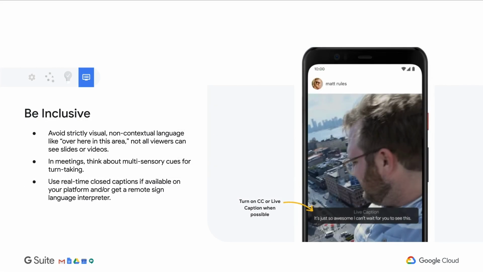Now, don't forget to be inclusive. Avoid strictly visual, non-contextual language like "over here in this area," or things that the viewers cannot actually see beyond the screen. In meetings,